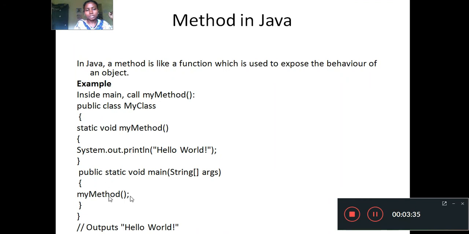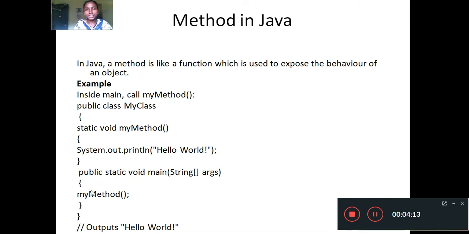So how do you access it? Simply... okay, and one thing you remember: when you give the static keyword, you do not need to create an object. But if you are not writing the static keyword, then you have to create an object. Here I am writing the static keyword, so there is no need to create an object here, and you simply access myMethod. If we were creating an object, we would write obj1.myMethod.